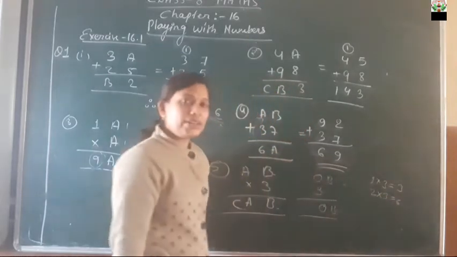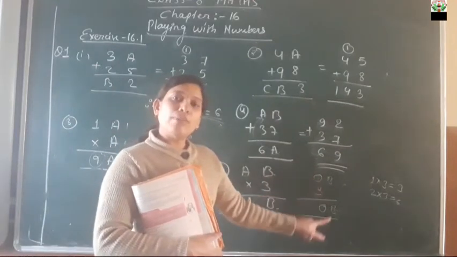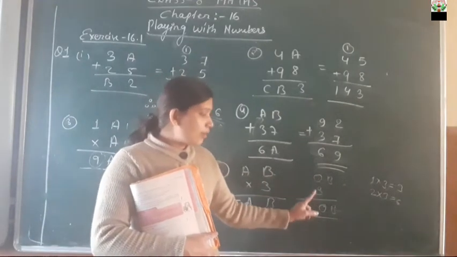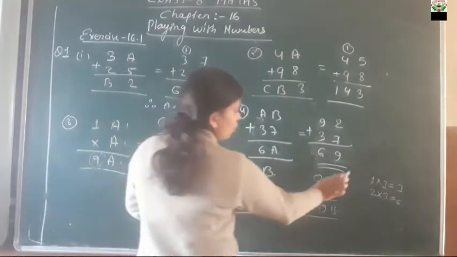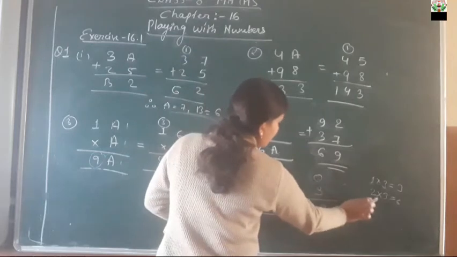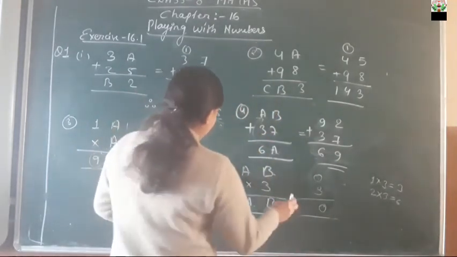Again it is not correct, because the number that is multiplied with 3 here should also come in the answer. So that number we are going to take as 0, because 3 will be multiplied with 0. We will get the answer as 0 itself, isn't it? Now after that when